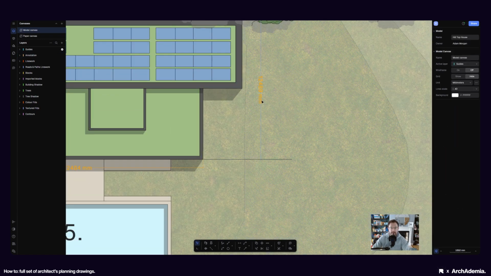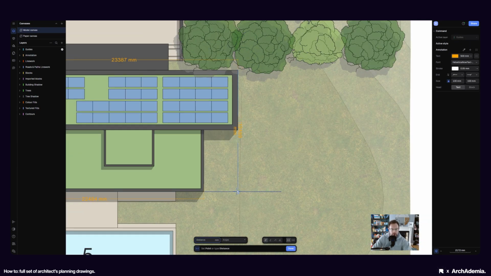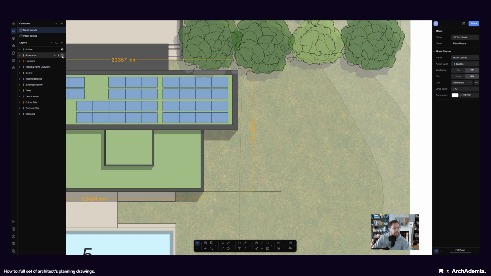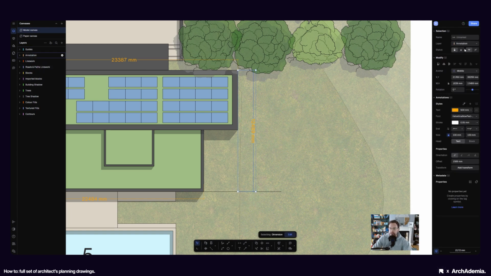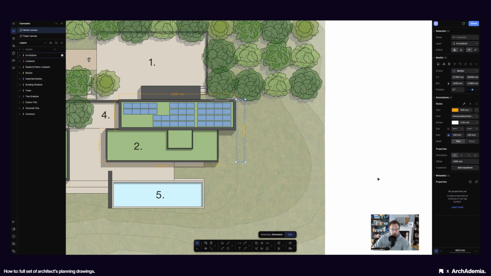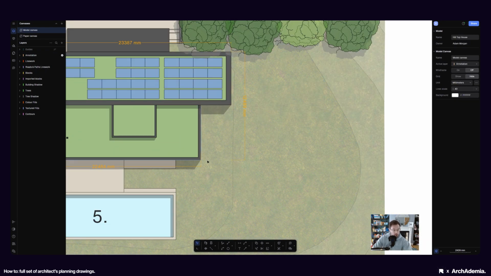So brilliant. But for absolute assurance, don't make any assumptions. I'm going to use that guideline there. And then if I change the active layer to annotation, turn guides off, we absolutely know that that's in the right place. Although actually, I don't mind